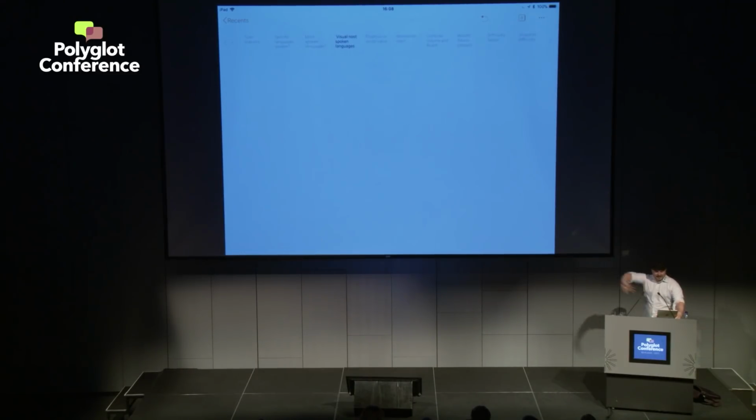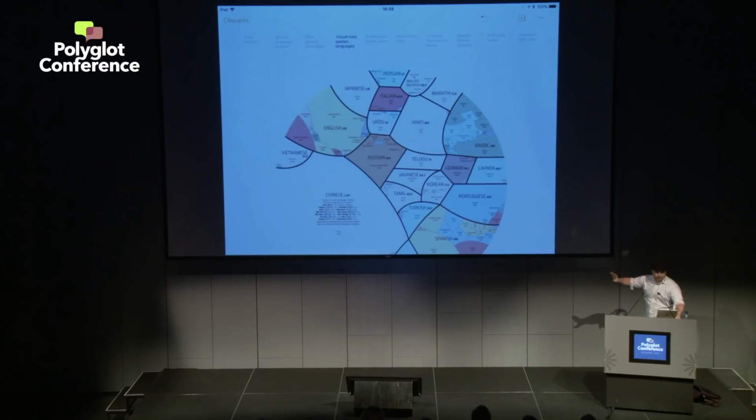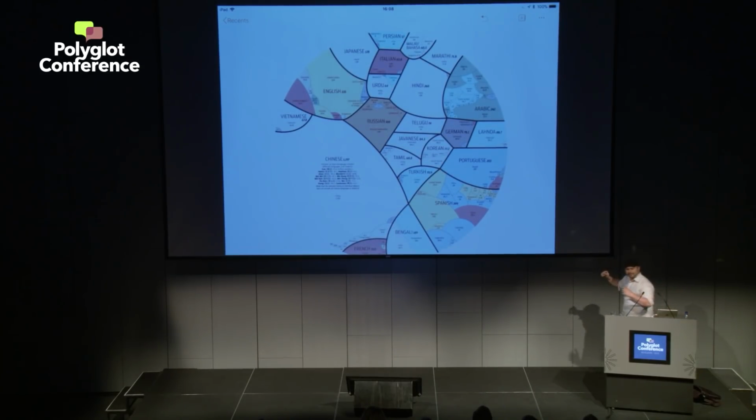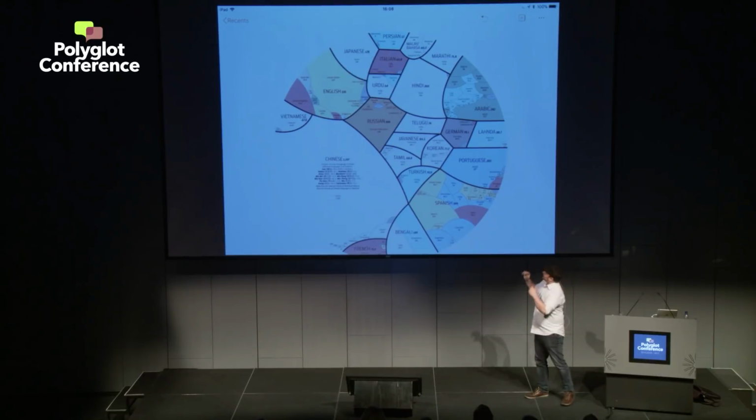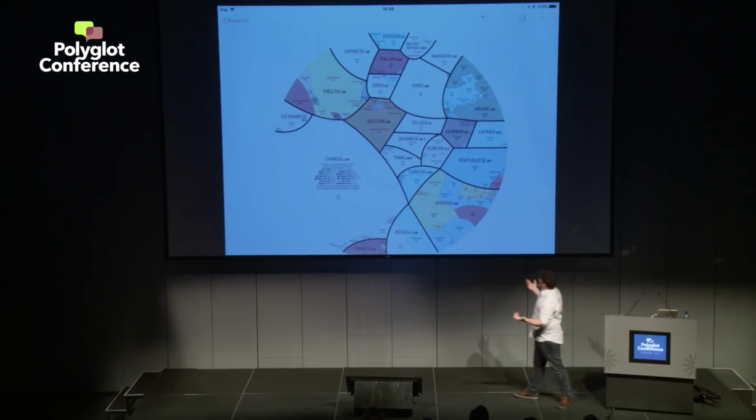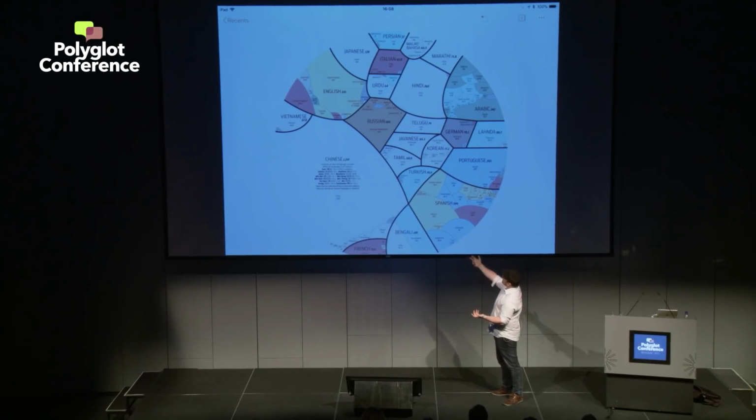So first, let's take that information, the bar chart, and present it in a much nicer way. This is a different visualization. Put it all in a circle, and this represents the population of the Earth, and then taking that based on number of native speakers. It's not perfect, because they did dialects for Arabic, but they didn't do it for Chinese. Like, why? I don't know. But in general, it's good.